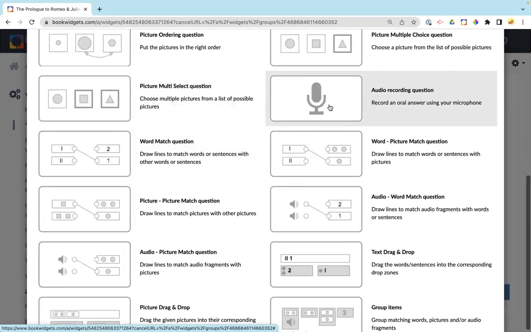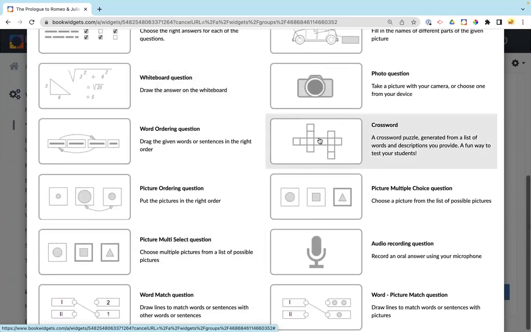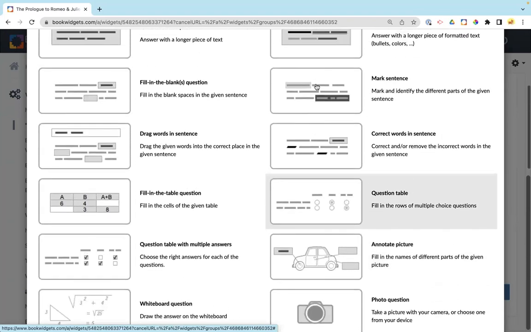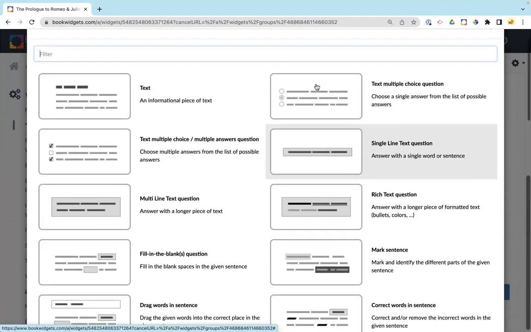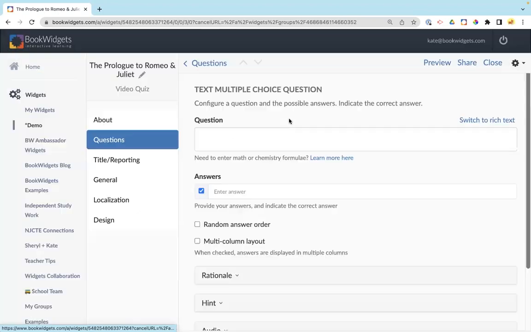You could do an audio recording question. You could do picture matching, multiple select. You could even put a crossword in there. You could do a photo, an annotate picture. You have so many different options with which you can add in different questions. So I'm going to just select text multiple choice, and I can type in